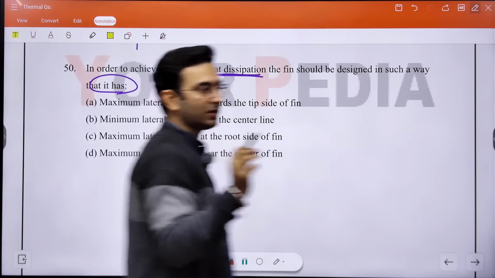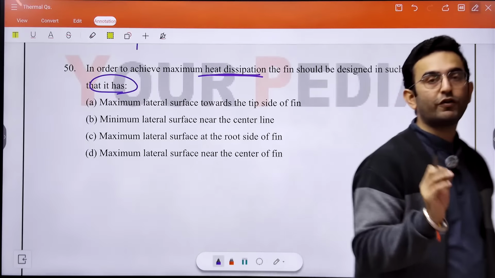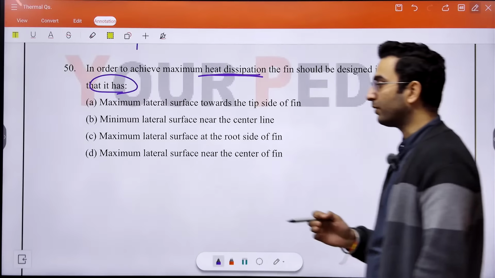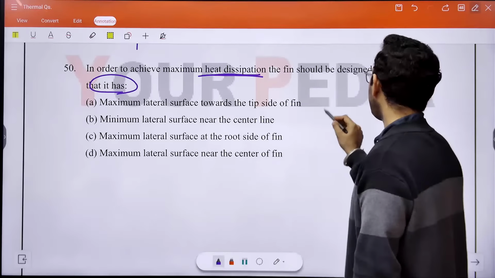Okay, now just see what the meaning of fins is. Fins are defined as the extended surfaces over the surface to enhance the heat transfer. Okay, to enhance the heat transfer rate. Now you have to understand,